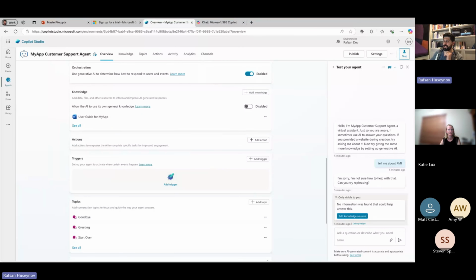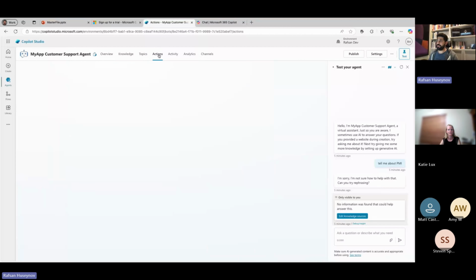So you remember we mentioned that the user sends an email to us. That triggers the agent. The agent will go ahead and look at the user guide for my app, compare the user prompt and the knowledge, and create the answer. And then it will use actions to send the email back. So we can create actions here, or if we go to the Actions tab here, if I click Add an Action,